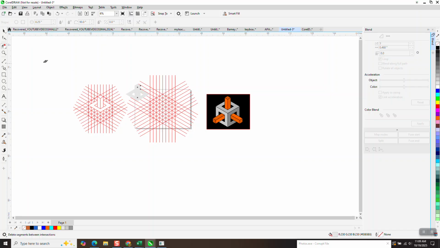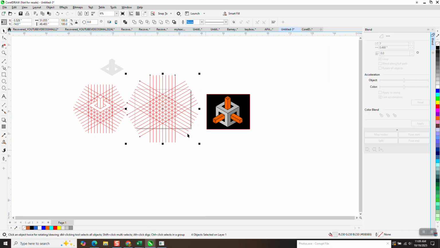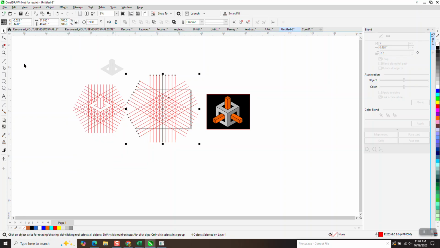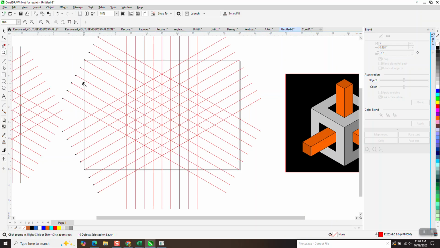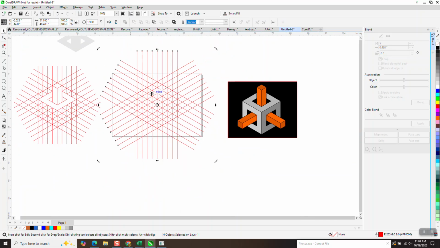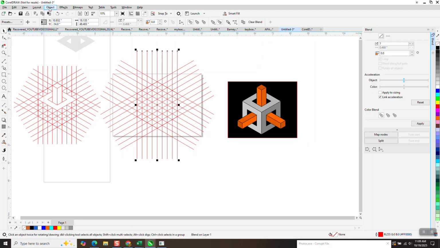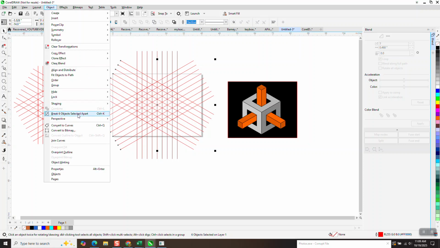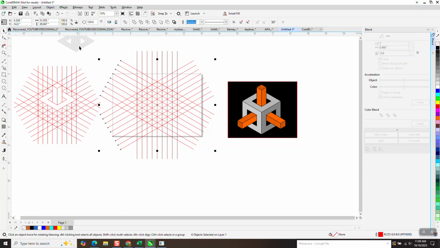Well, you know what? I can't cut it because it's a blend. So I need to get that out of the way, select all this, go up to Object, and ungroup all. Still might not work. I still probably got to unblend it. Yep, go up to Object, break blend apart. Let's go ahead and do them all. Hold down the Alt key, go up to Object, break blend, break all 6 objects apart. So now we can bring this